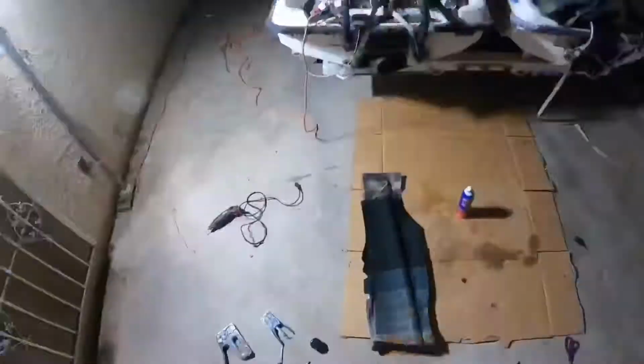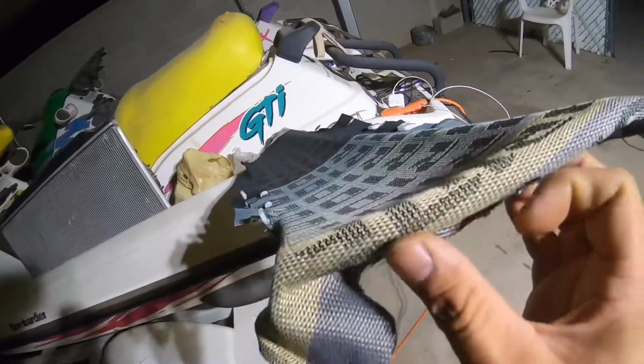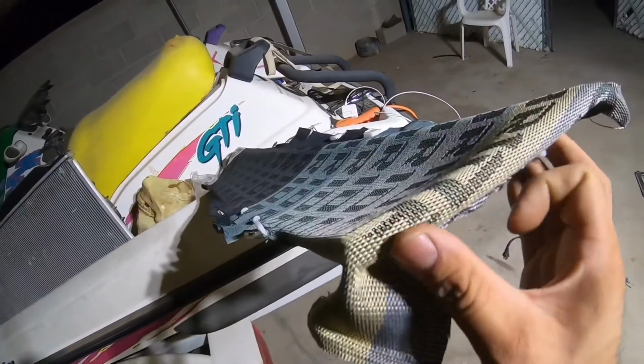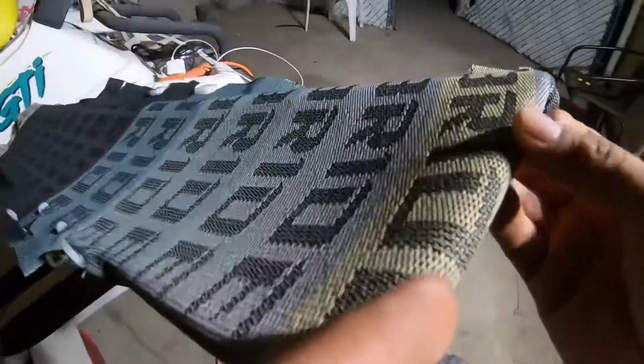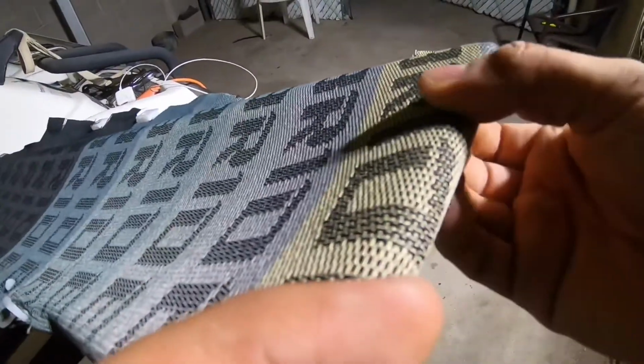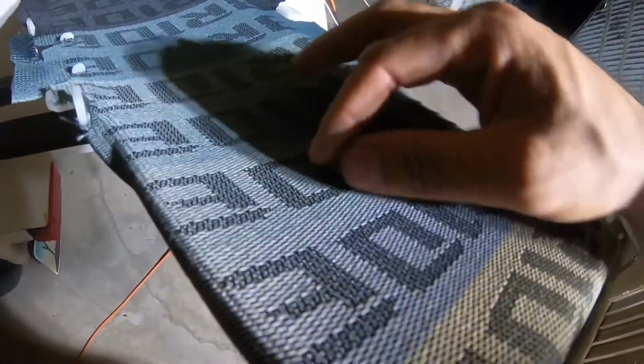Good. Still pretty curved. So I started over here. I laid a heavy spray of the adhesive, then just wrapped it here, because once I knew this corner was good, I can pretty much work my way up. So you have to apply some pressure and actually extend it. Don't leave it loose. Actually apply some tension. That way it